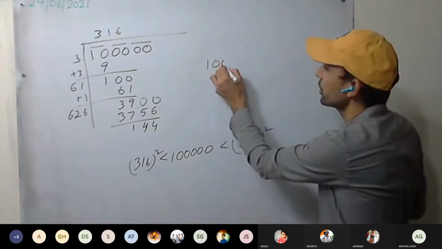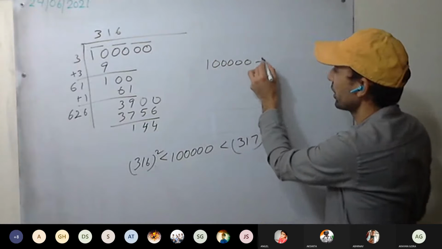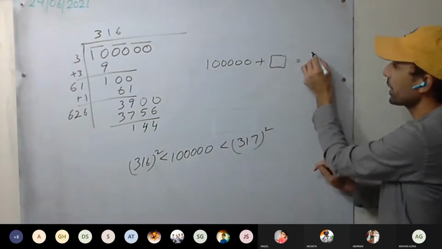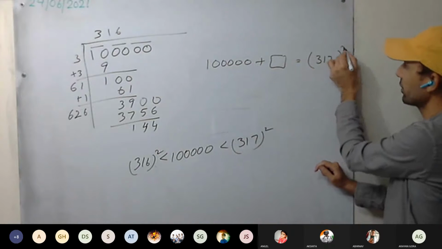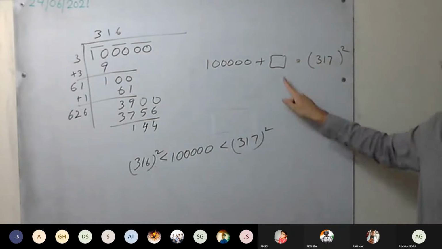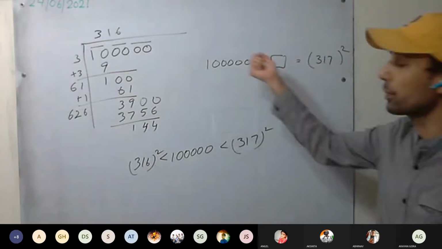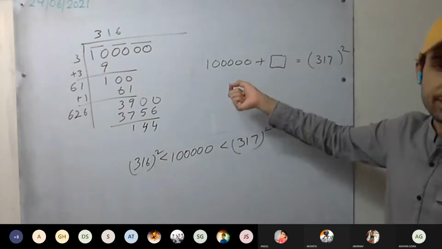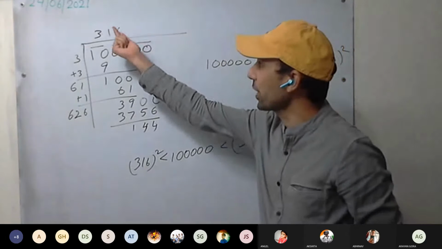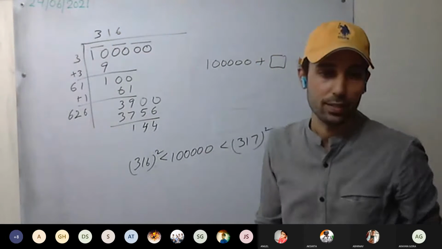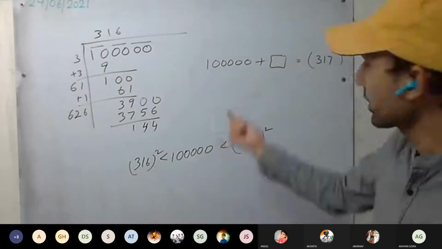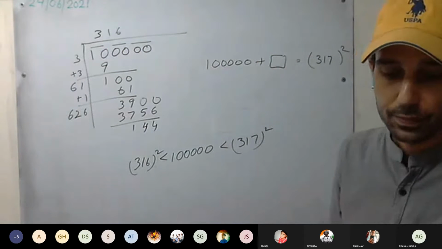If we are adding 1 0 0 3 5 plus something, it will become a square of 300 something. This we are going to get. Yes, sir. We have to add something to it so that it becomes a perfect square. And as we add something to it, that will become a perfect square of the next number. This is clear? So what is 370 square?